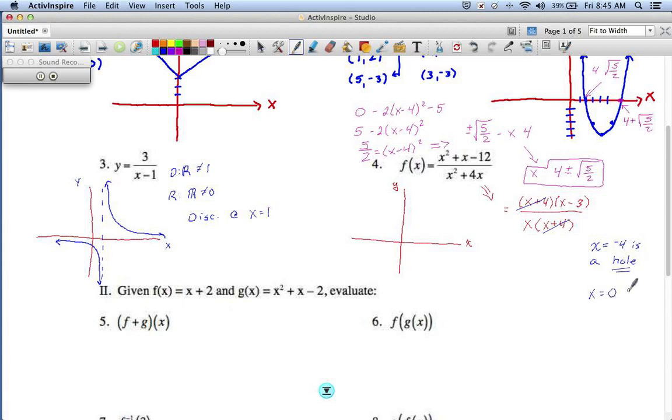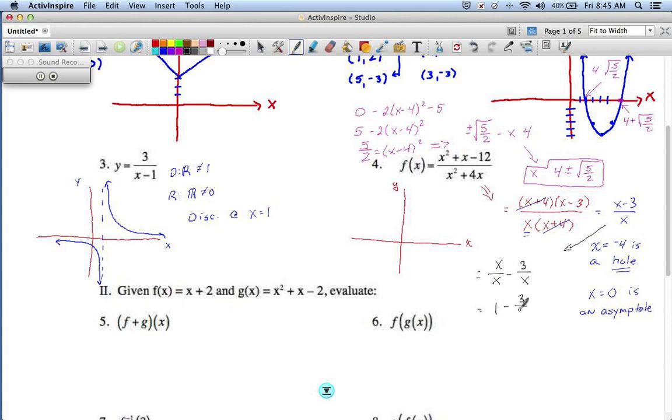X equals 0 is an asymptote because that was not removed. Okay, x equals 0 is still an issue. So at this point, my equation is x minus 3 over x. Well, that might look unfamiliar to you, but that really is a parent graph. Let me show you. We're going to slide over here now. X over x minus 3 over x. That's the same thing. I just simply rewrote this. Well, x over x is 1